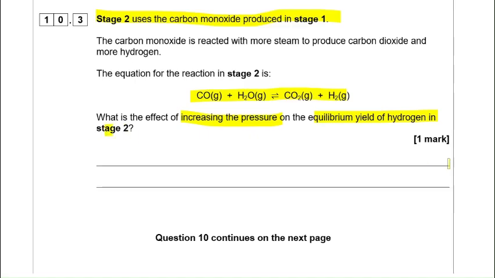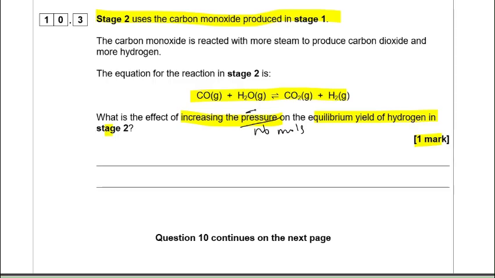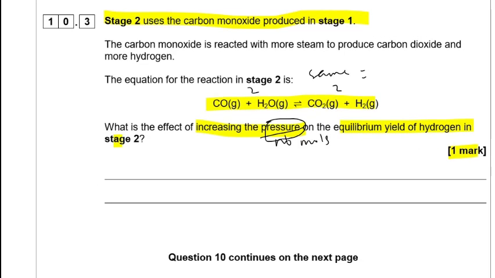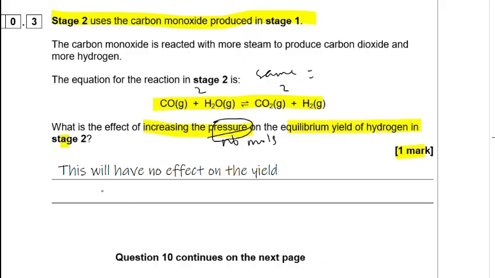So as soon as we see reference to pressure, we know this is about the number of molecules in the equation. If we look at the equation, we can see on the left-hand side there are 2 molecules, one of each, and likewise on the right-hand side there are 2 molecules. So if there is no difference in the numbers of molecules, then the pressure, whether it's increased or decreased, will have no effect. So to get 1 mark, we must write in the space provided, this will have no effect